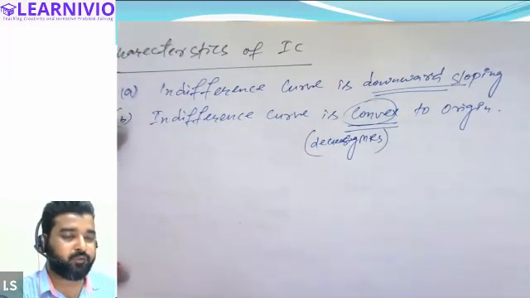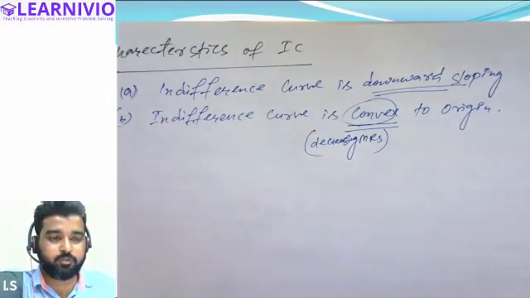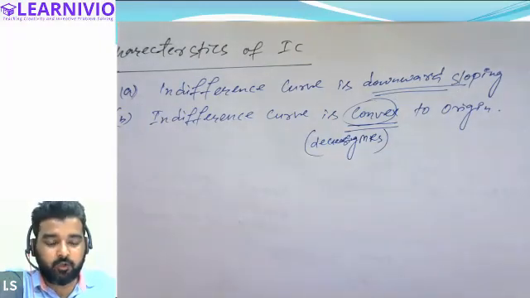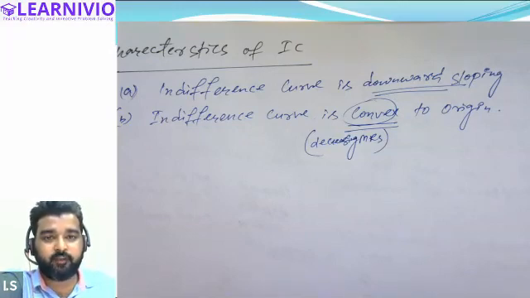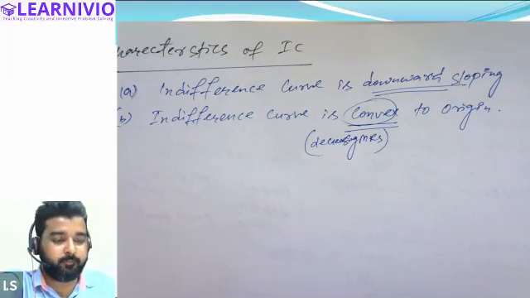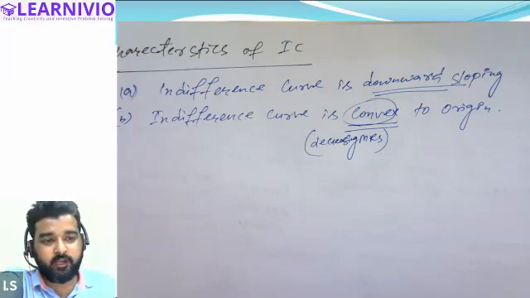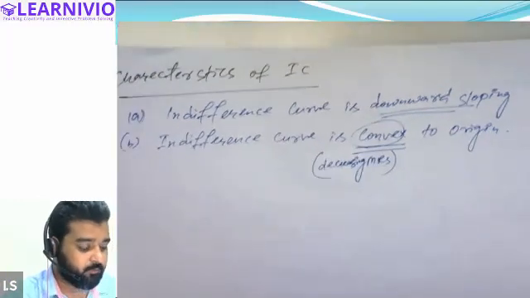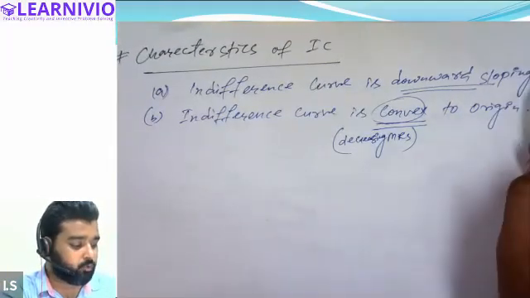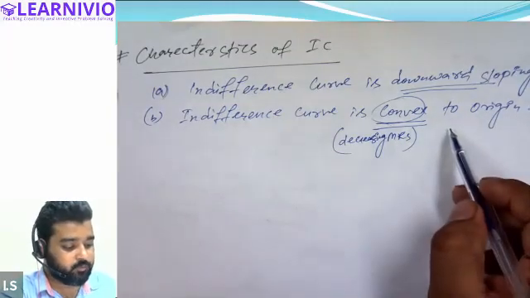Okay, tell me what would have happened if the marginal rate of substitution was constant? If it remained constant, let's suppose it remained 5:1, 5:1, 5:1 every time, it will make a linear graph. And what if the marginal rate of substitution starts increasing? 1:1, 2:1, 3:1, and like this, it will make a concave shape curve. All right. So always remember, the indifference curve is first of all downward sloping. The indifference curve is convex to the origin.